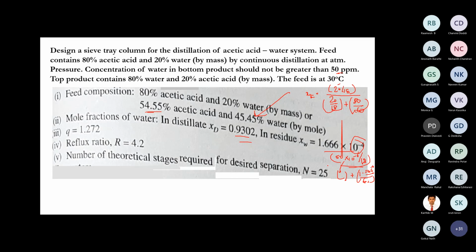Then you have to find out the Q line. So what is the Q line actually? How will you define the Q line? Any idea? It depends on the nature of the feed, whether it is saturated or cold feed. Yeah, correct, exactly. So how will you calculate this Q value? Actually, what is the significance of Q? As I said, it depends on the nature of the liquid. So you may have 5 different feed conditions like this, correct? So these are all 5 different conditions.